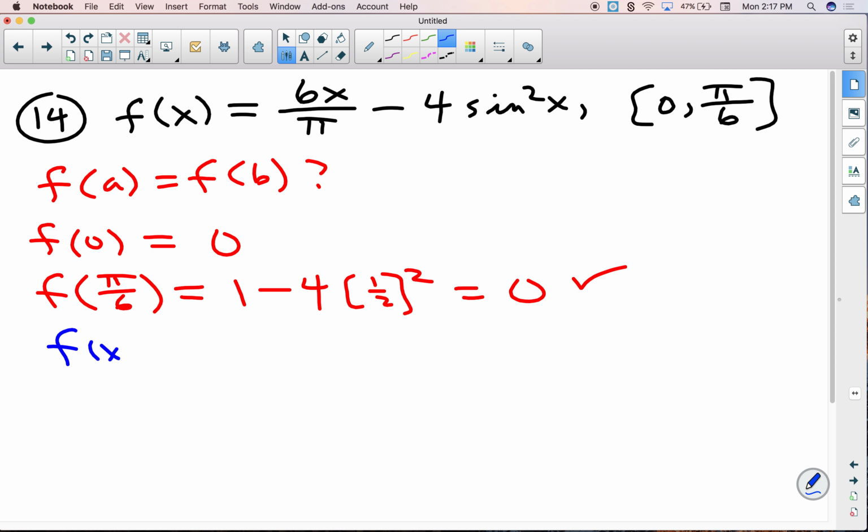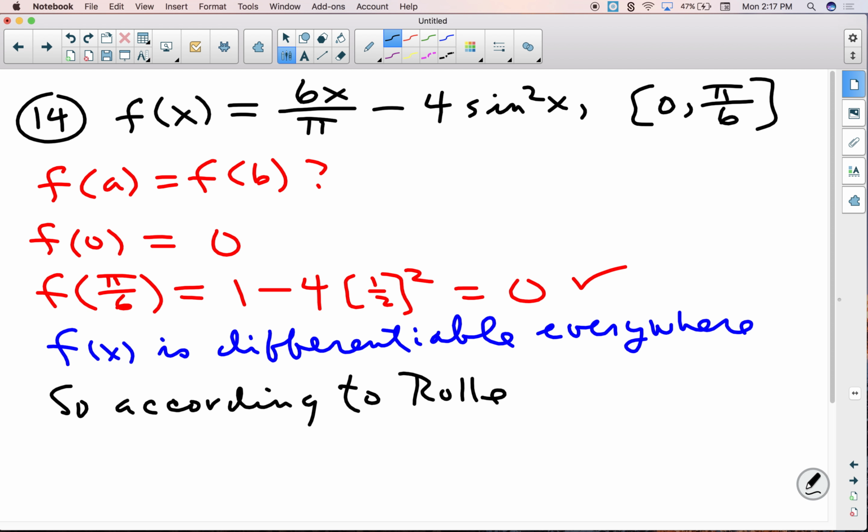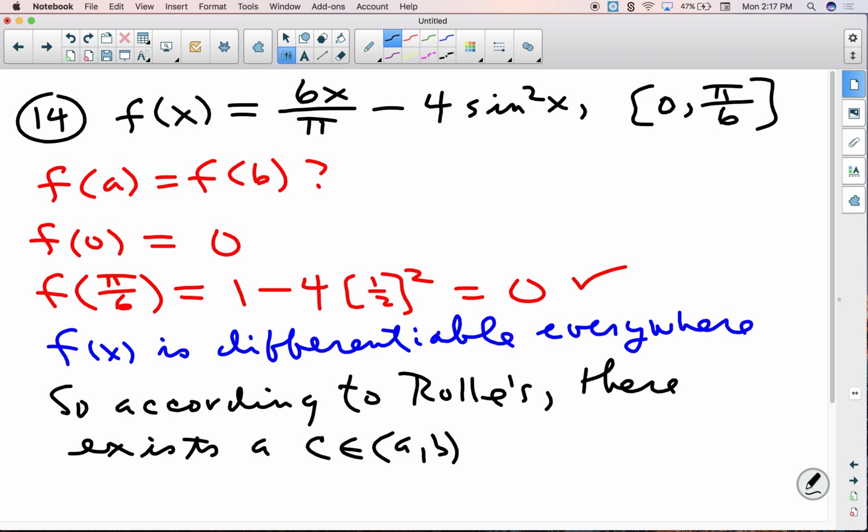Okay, so this guy is differentiable. So f is differentiable everywhere. All right, so according to Rolle's, there exists a C in the open interval. Here, let me use 0 to pi over 6. A C in 0 to pi over 6, such that